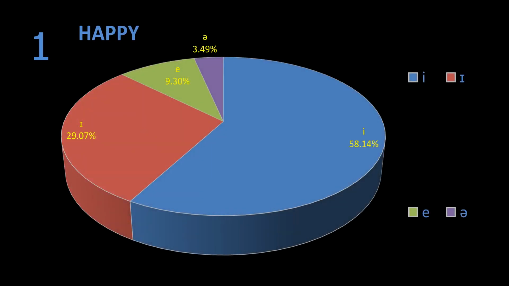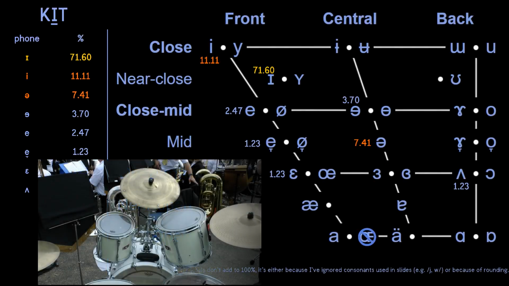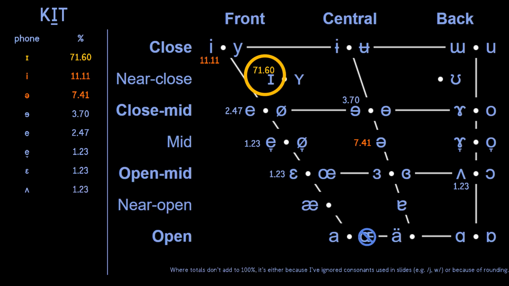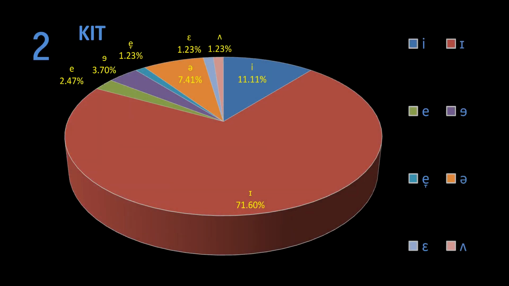Mirroring the foot vowel on the front side of the chart, we have the kit vowel, only it's even more solidly cemented in most speakers' tongues. The observant among you may have noticed some switching of phones with fleece, but when we look at the pie charts, it's crystal clear which is which in the minds of most.